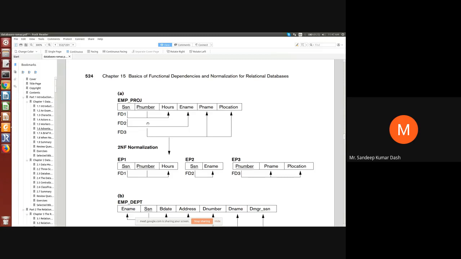Any doubt anywhere, even a single point, you can ask. We can go through the things again, because next I will just give you an assignment, and then you will do it or take it from somewhere. I will not get to know. But the main thing is doubt clearance, whether you are getting this or not. Nobody will ask you the definition of 2NF or 3NF.